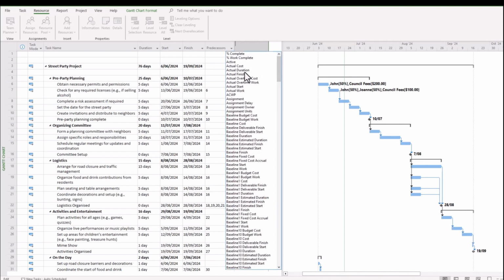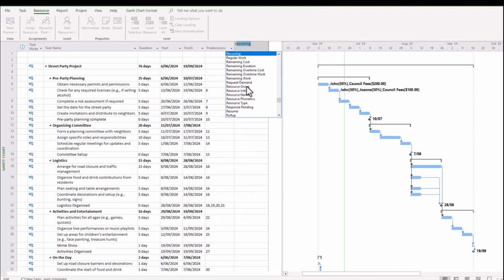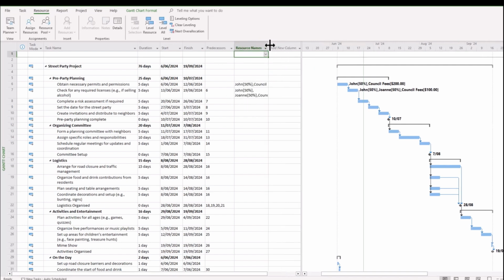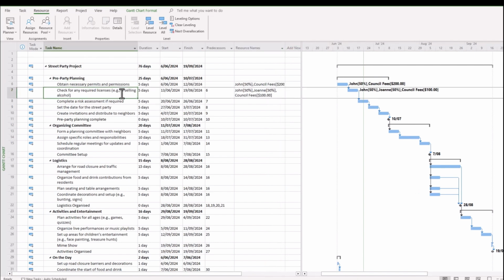I often find it's quite easy to display this list, tap on the keyboard the first letter of what we're looking for, so R for resource, and it snaps straight to resource names, which is what we're after. This is quite convenient. You can see that the resources associated with each of the tasks we've already completed have already been added in. So we can go in there now and use this to add some resources.